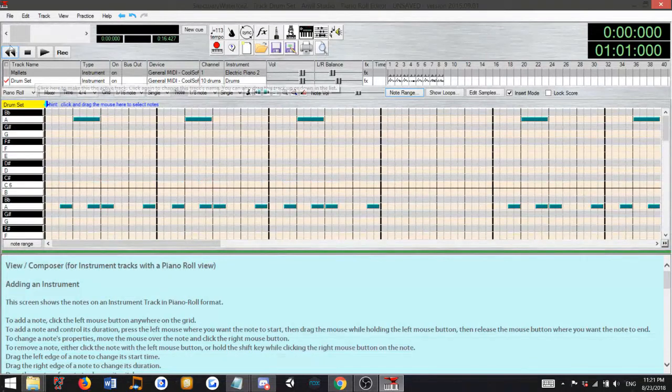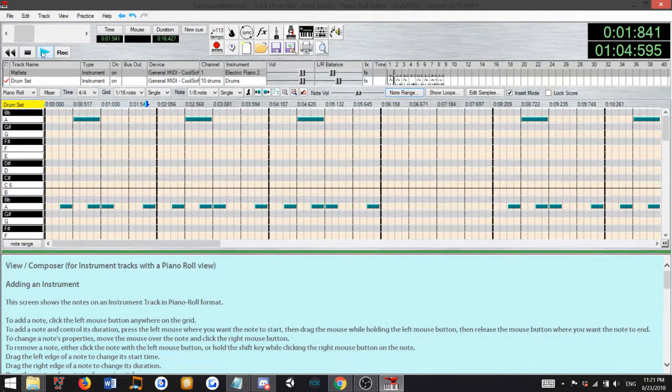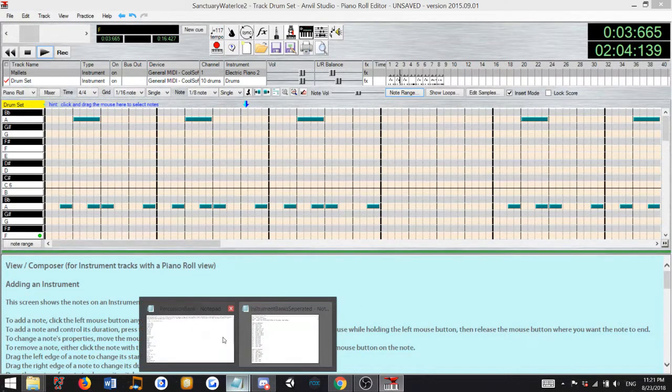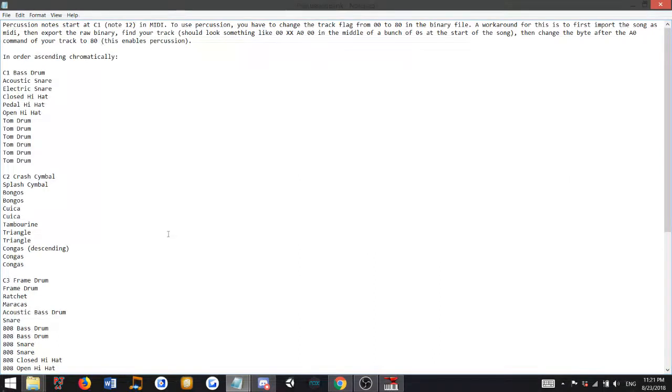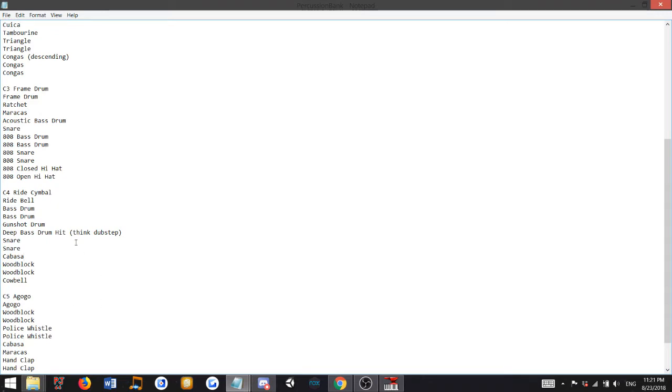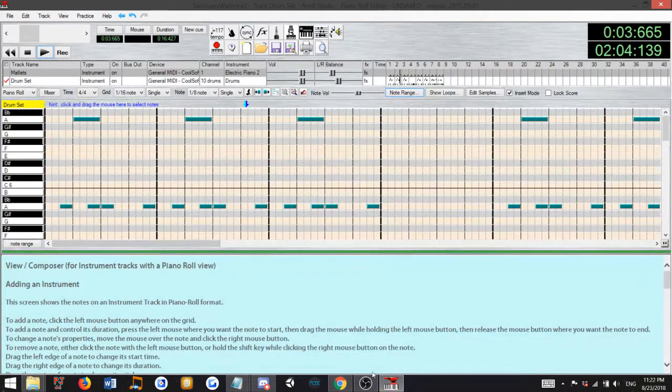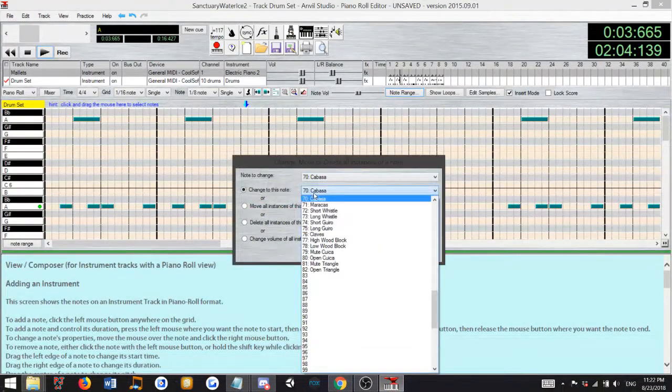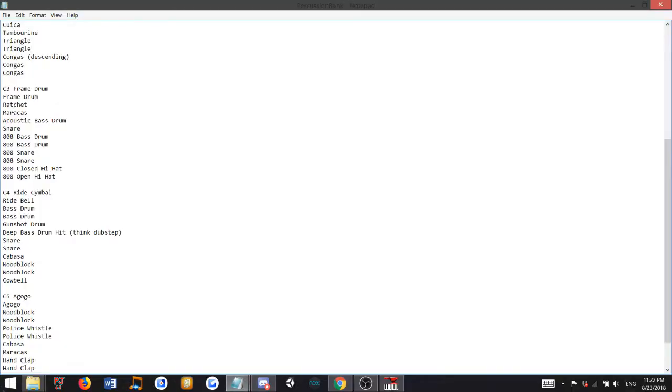And then you have a triangle here and maracas here. So let's go ahead and go back into our list. Actually, I think it was a cabasa. Cabasa is right here, at C4, C5. So let's go down. B5, B flat 5, A5, A flat 5, or G sharp 5, sorry, G sharp 4. Let's move this down to G sharp 4, which is also note